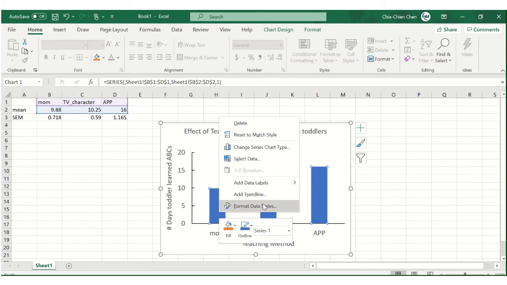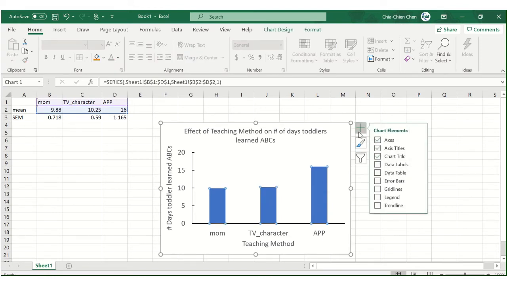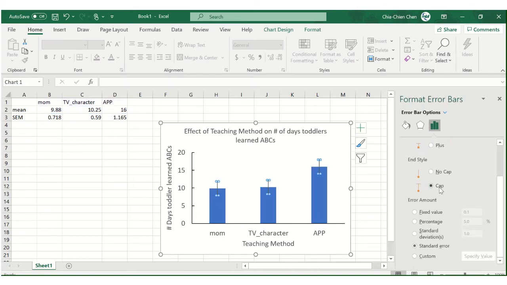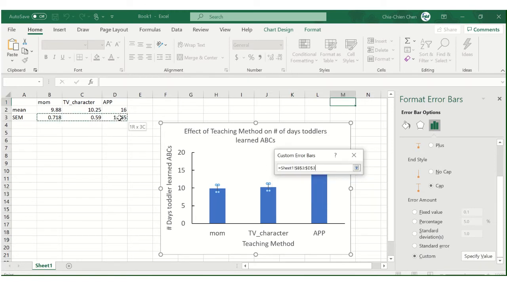So go to this. What you need to do is first highlight this, okay, and then go to add the sign over here, go to error bars, and then click on this arrow, and then go to more options, and then go down and go to custom, specify value, and then click on this, highlight that, click on this, and then do this for the negative value again. And click OK,